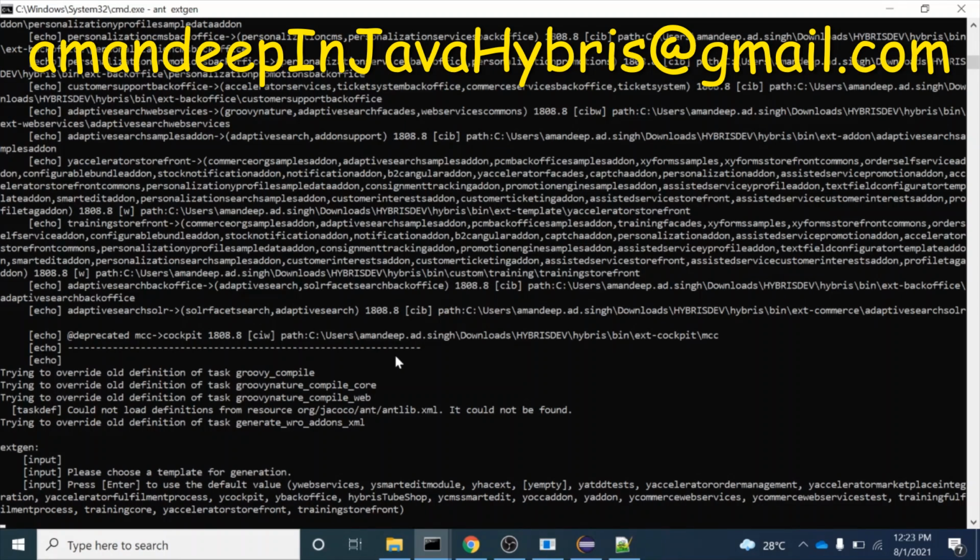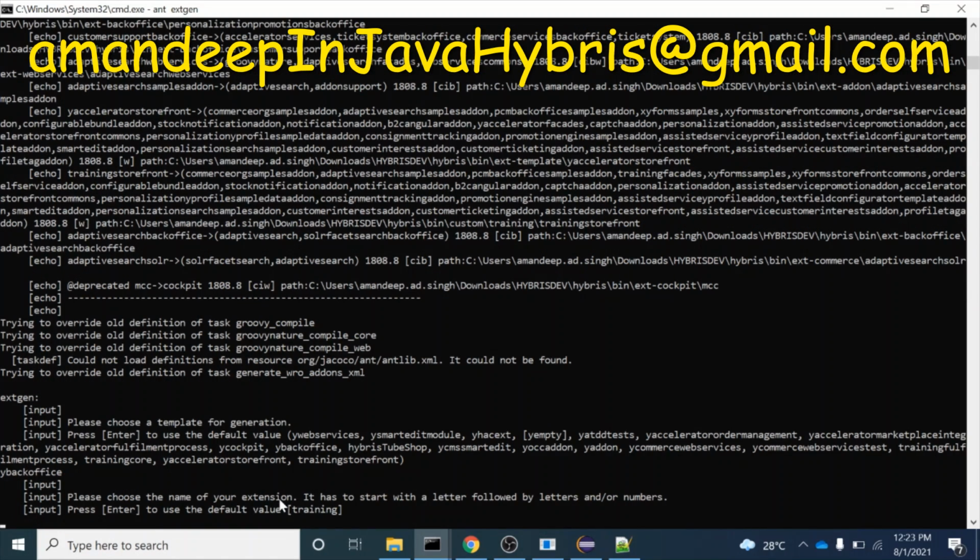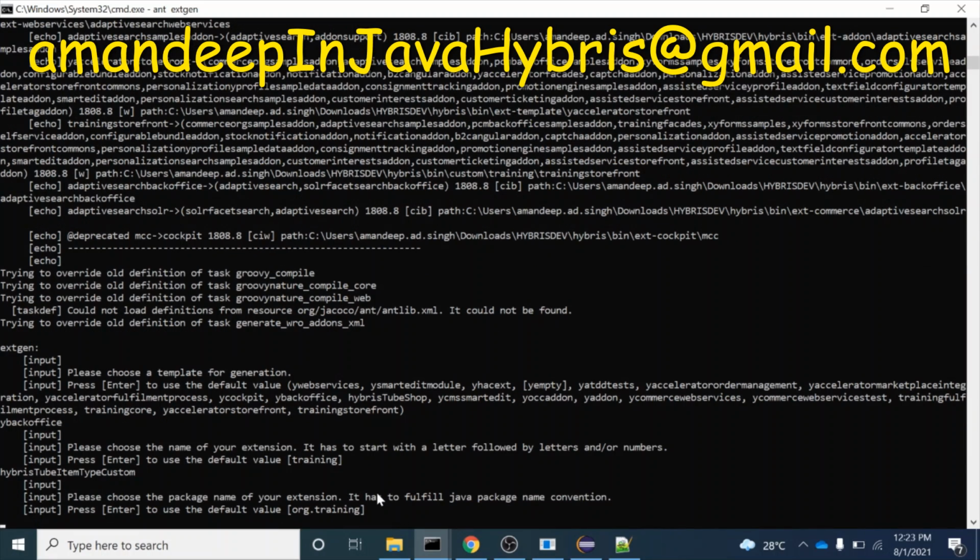So over here I just have to select the ybackoffice template. That is why I am writing ybackoffice. So you can see I have written ybackoffice and then I am pressing enter. Now it is asking me to give the name of the extension. So I will give the name hybristubeitemtypecustomization. So this is the name I am giving to my extension. Then I'm pressing enter. Then it is asking me to give the package structure name. So as usual, we always give the name